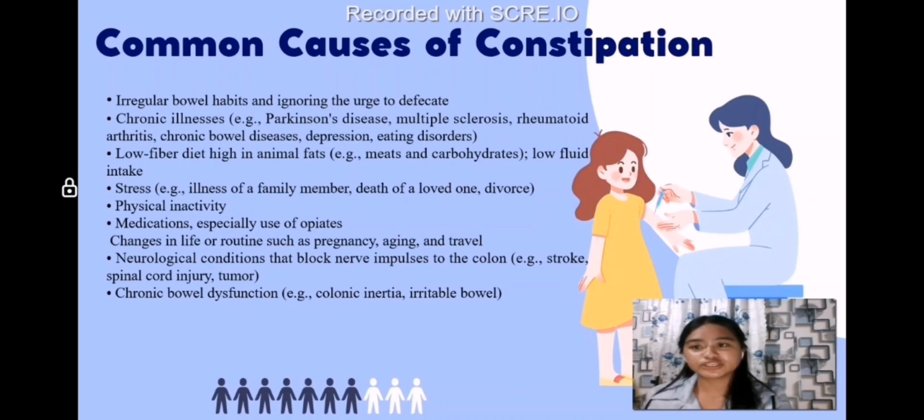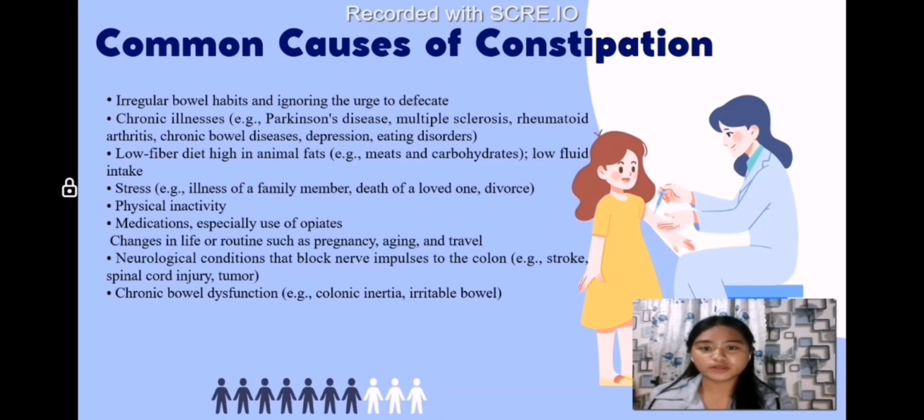Common causes of constipation are irregular bowel habits and ignoring the urge to defecate, chronic illness such as Parkinson's disease, multiple sclerosis, rheumatoid arthritis, chronic bowel disease, depression, and eating disorders, low fiber diet high in animal fats such as meat and carbohydrates, and low fluid intake, distress, illness of a family member, death of a loved one or divorce, physical inactivity, medication, especially use of the opiates, and change in life or routine such as pregnancy, aging, and travel,